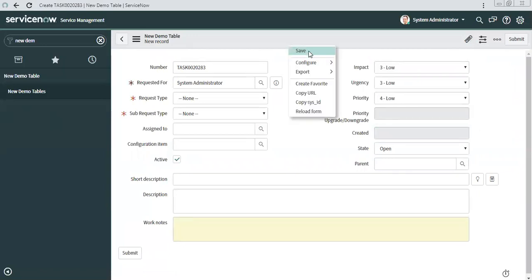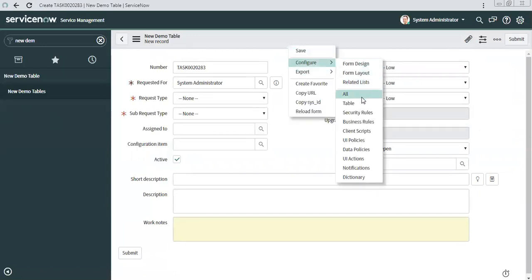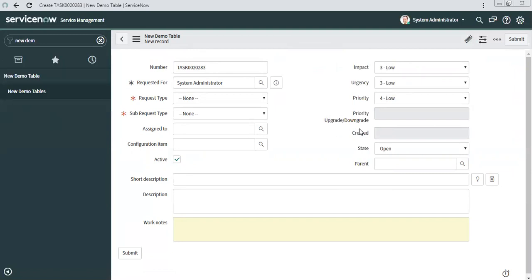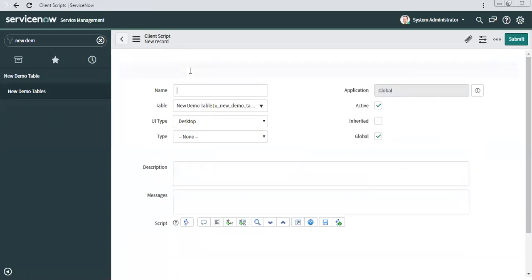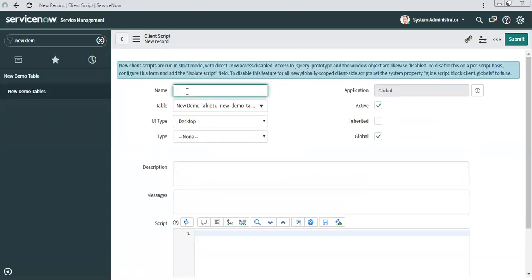Okay. We can save this. And now we can create a client script. So, hide priority upgrade downgrade.